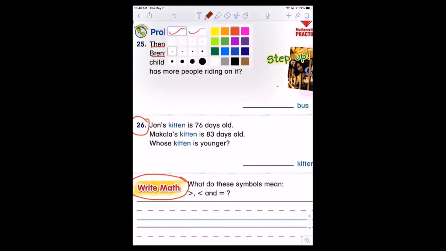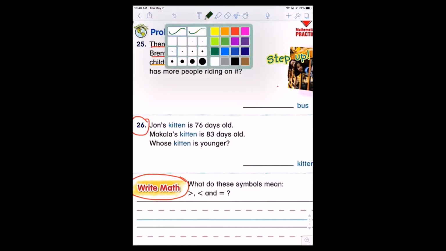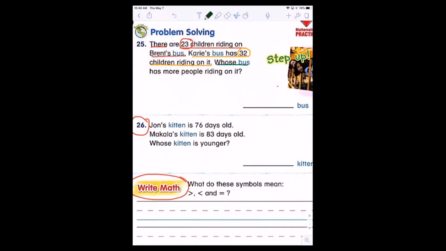Now, Carrie's bus has 32 children riding on it. Whose bus has more people riding on it? Okay, so you're going to write